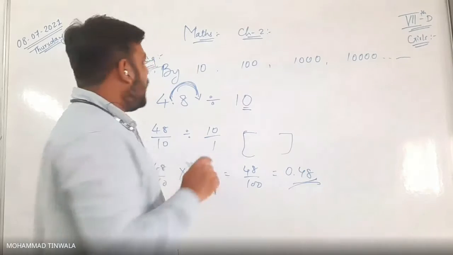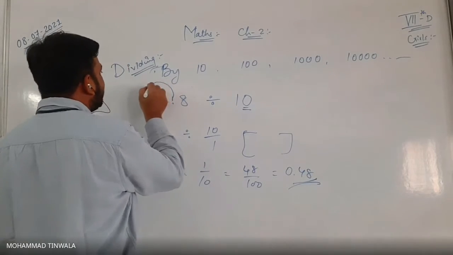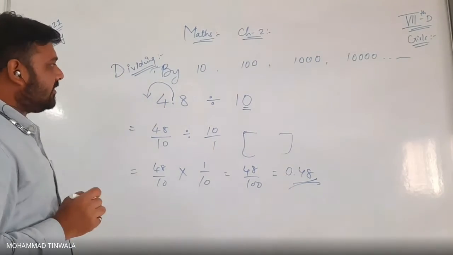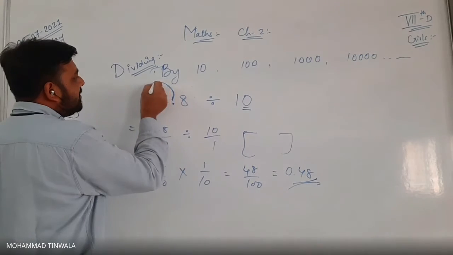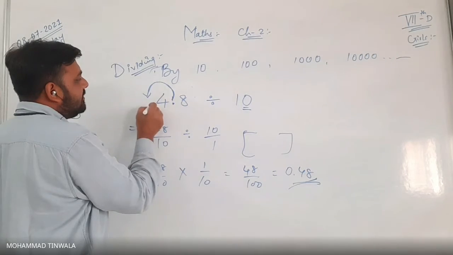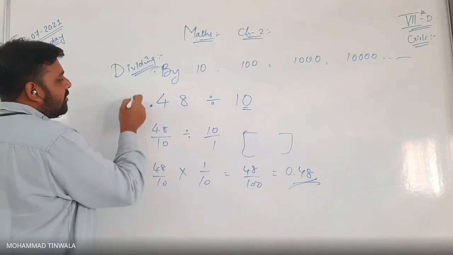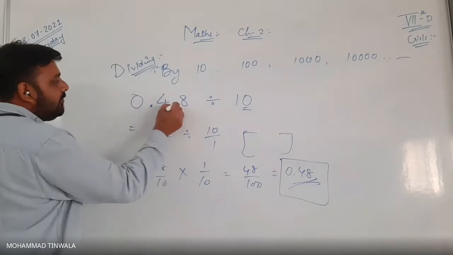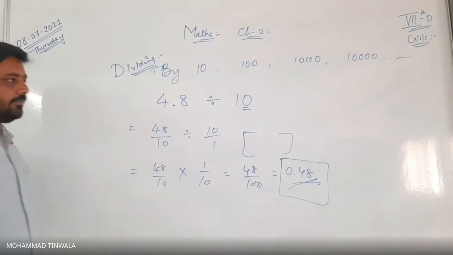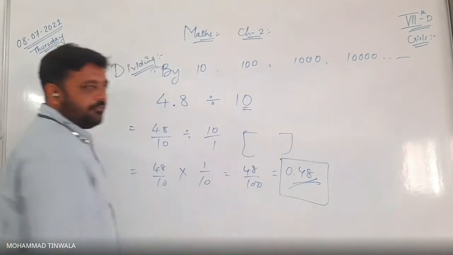Yes. Understood? When it was multiplication. Now when it is division, we will move that number of places towards the left side. Understood? So this is 4.8. If you move one place left from 4.8, where will the decimal come? And a decimal alone doesn't look good, so it will be 0.48. Are you getting this answer over here? Yes, sir. So 4.8 divided by 10 will be 0.48.